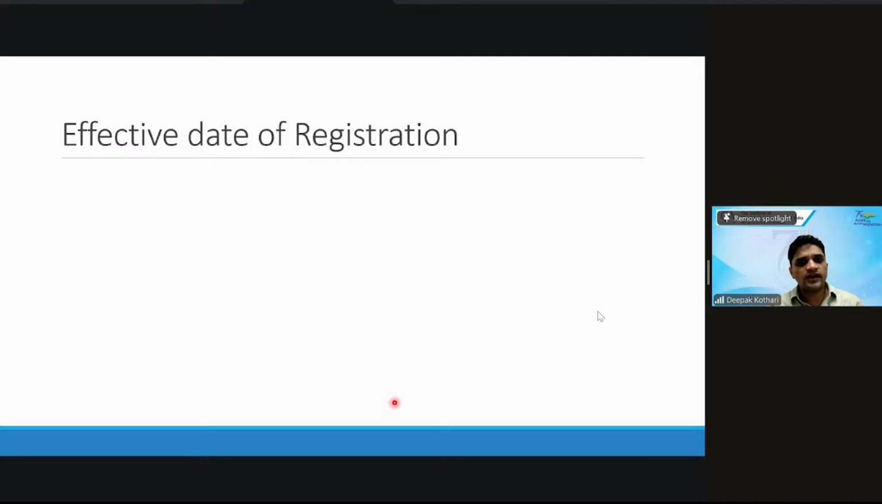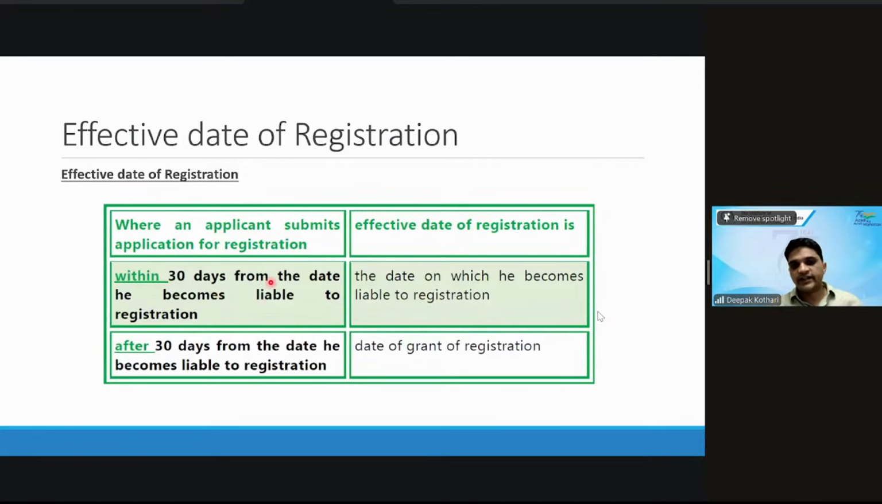Now, what will be the effective date of registration? If you have applied within 30 days, this we have seen, right? The input tax credit maybe. If you have applied within 30 days of when you become liable, that is section